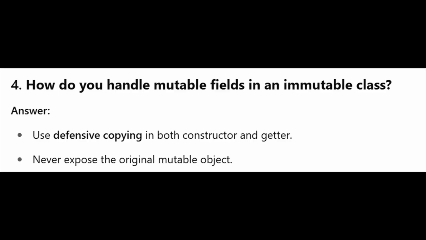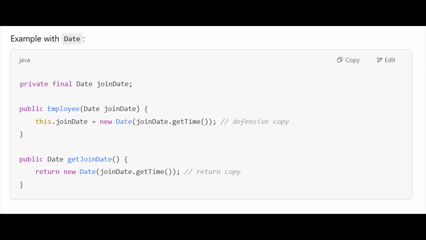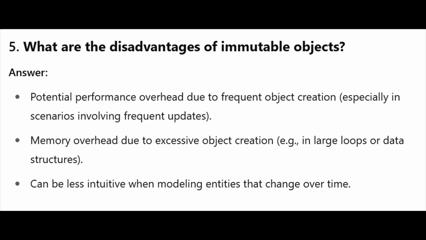4. How do you handle mutable fields in an immutable class? Answer. Use defensive copying in both constructor and getter. Never expose the original mutable object. Example with Date. private final Date joinDate; public Employee(Date joinDate) { this.joinDate = new Date(joinDate.getTime()); // defensive copy } public Date getJoinDate() { return new Date(joinDate.getTime()); // return copy }